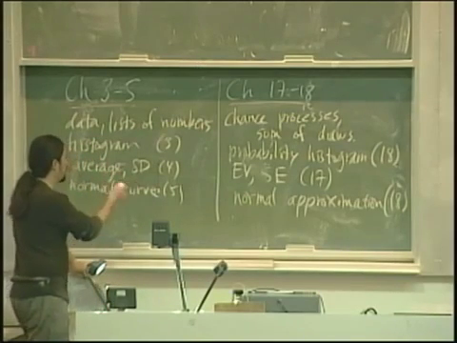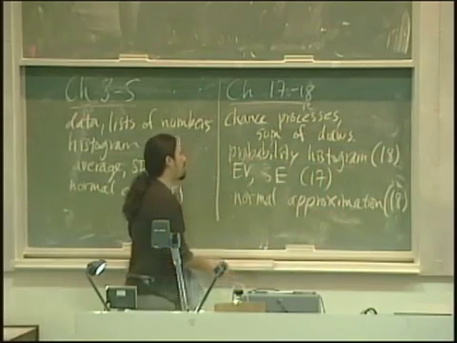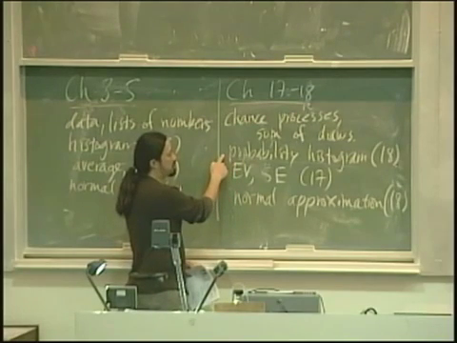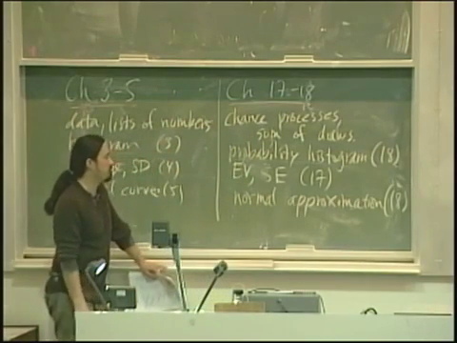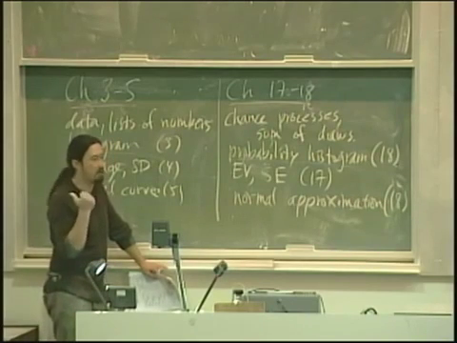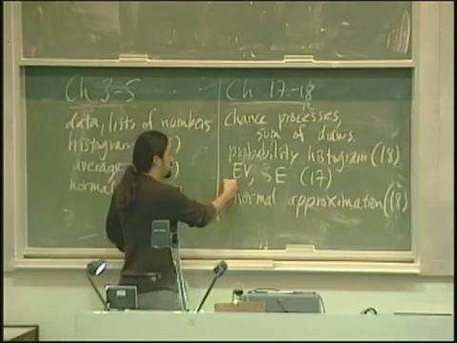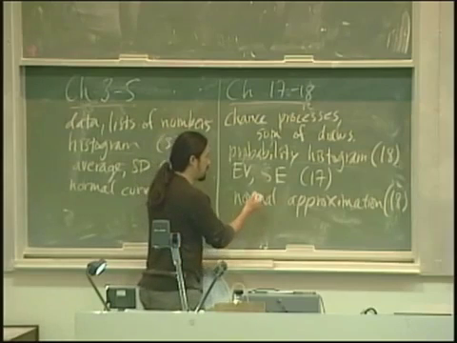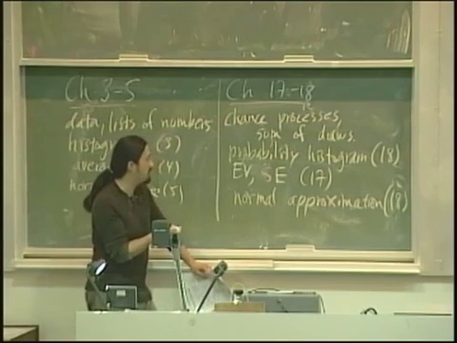But again, I want to emphasize this relationship. There's pictures, and we have a corresponding picture here. And you think about what's happening here. What is this a picture of? This is a picture of what could happen. This is dealing with some chance process or sum of draws. If you imagine flipping a coin 100 times and counting the number of heads, well, you expect to get around 50. So that 50 tells you the expected value. I calculated the standard error for that situation last Thursday. Standard error is 5. So in 100 coin tosses, we expect about 50 heads, give or take about 5.